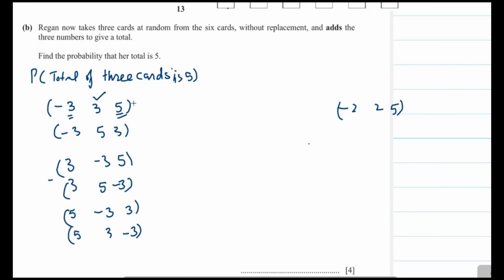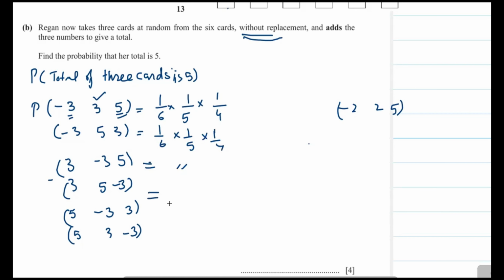You can see here. Now the probability when you take minus 3 as a first card, the probability will be 1 over 6. And without replacement, the remaining card will be 5. And you have to take 3 and only 3 is only 1 card, therefore 1 over 5. And when you take 2 cards already, and without replacement, now the probability will be 1 over 4. Now other probabilities will also be the same. You can see here, these are 1 over 6 into 1 over 5 into 1 over 4, and the same